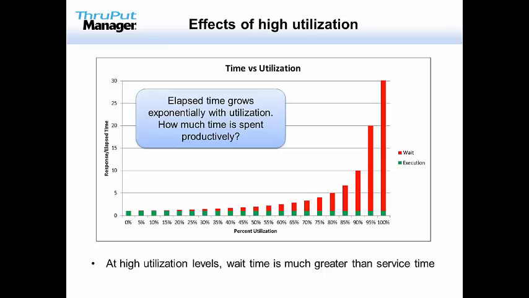And we can think about this in real life. This is like Costco on a Saturday afternoon, if you've experienced that. The time once you get up to the front of the checkout would be your normal execution time, and that'll be reasonably fixed. These are experienced checkout people, and they've got electronic scanners, and they might get you in and out typically in a few minutes. The wait time depends how many people are ahead of you. This is where the utilization comes from. So the total time that you're in the store is primarily a function of how many people are in the store. And high utilization, there's a lot of people.